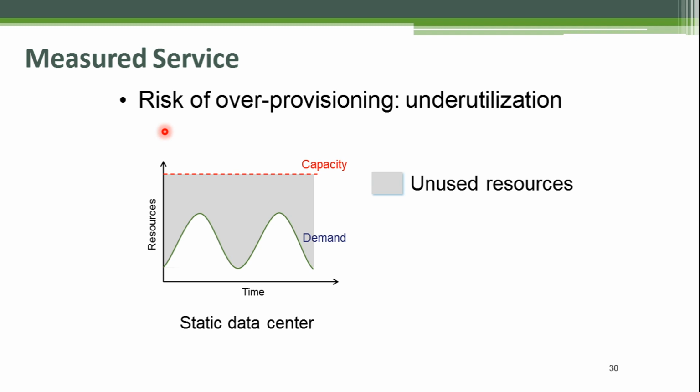So in the major services in our traditional static data center, see, this is your demand. But to fulfill this demand, you need to have this much capacity. This is your capacity. So what is waste? This particular resource is waste here, right? And there may be a spike at some point of time, but usually this is what you see throughout the day. So you are over provisioning and underutilizing your hardware. That happens in the static data center.